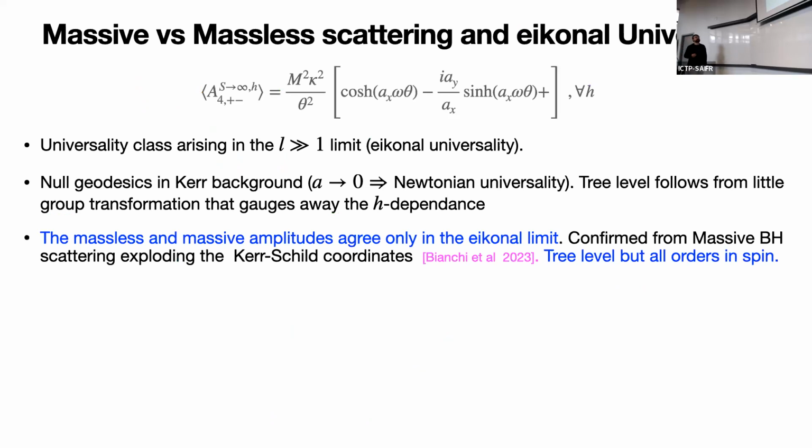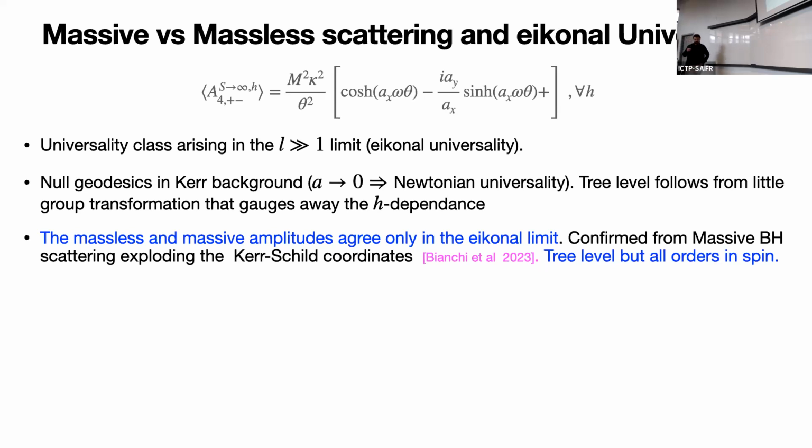A second thing that comes out from the computation is some universality in the large angular momentum limit. If you take your black hole, perturb it, and then take the limit in which the angular momentum of these partial waves is very big, it turns out that the black hole doesn't care whether you have thrown a scalar wave, a gravitational wave, or a neutrino wave. You get a universal result, and you can get it to all orders of the spin multipole expansion. That comes basically from the study of large geodesics in Kerr backgrounds, for instance. You could set the spin of the black hole to 0 and just recover the usual universality of the Newtonian potential.